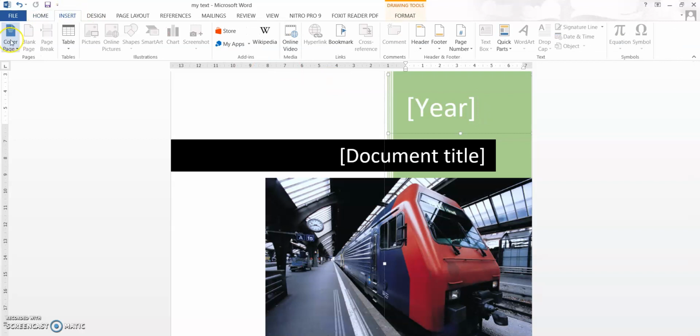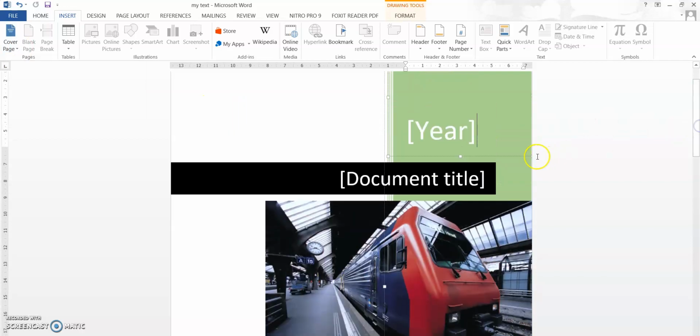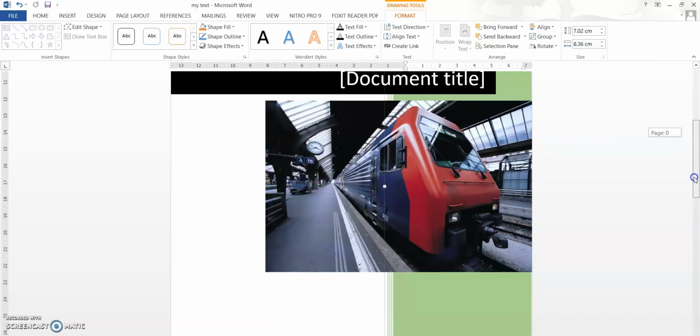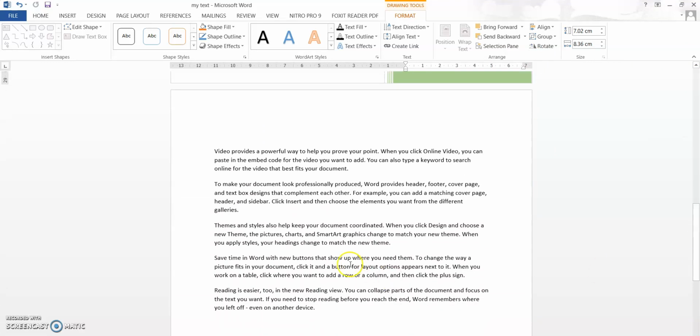Okay, so now we have started the Insert tab and we saw how to add a cover page. Then you can edit your cover page in the Format tab, using the same thing. You have styles, shape fills, then you have different text fill, outlines, and text direction. We will be seeing this very soon in the upcoming video lectures also. Now first let us concentrate on this paragraph.